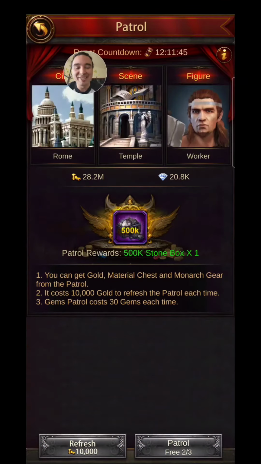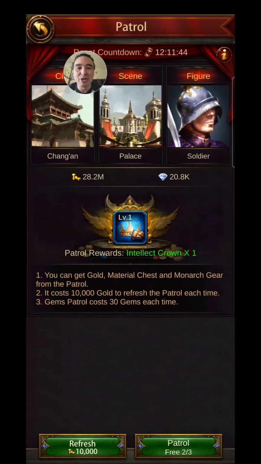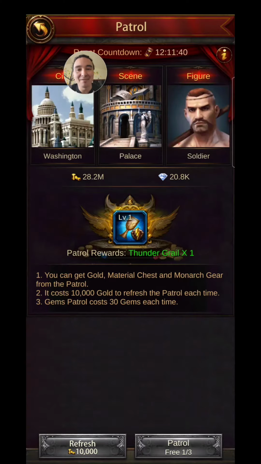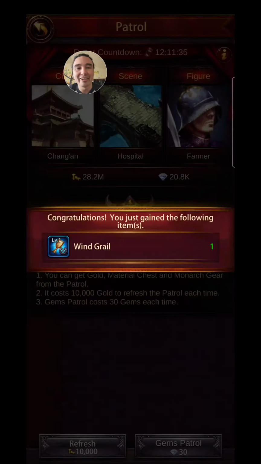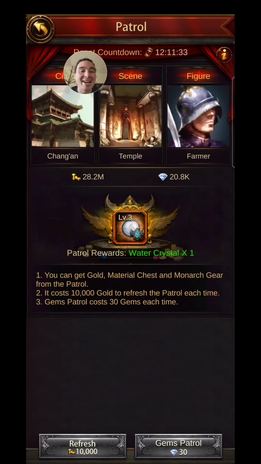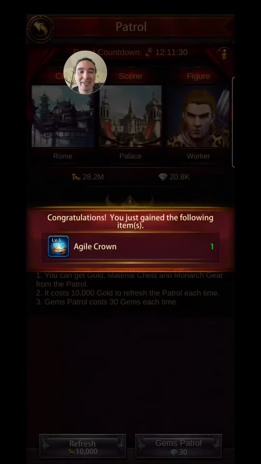I've also noticed that when the patrol flips over to gems, they start giving you more stuff. Intellect crown, I'll take it. That'll help with research. I mean, you need 1 million of them to compose them, to actually make something, but...